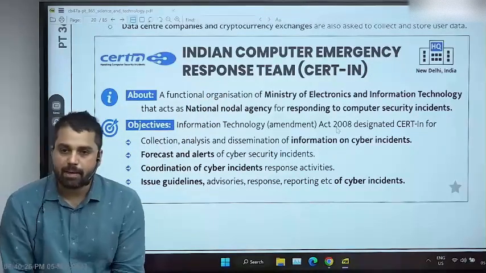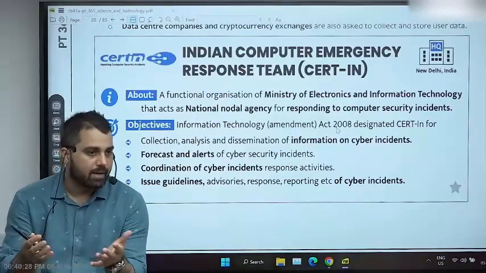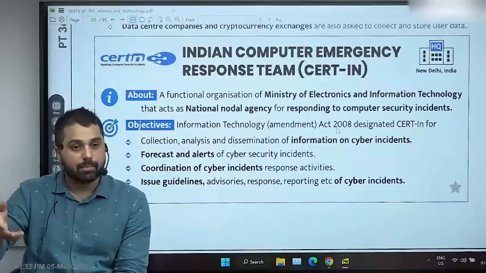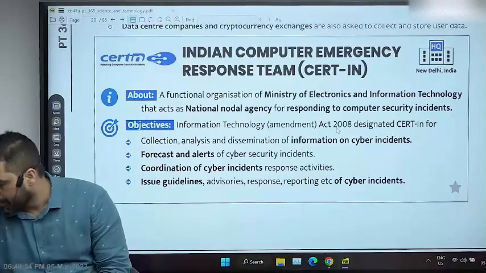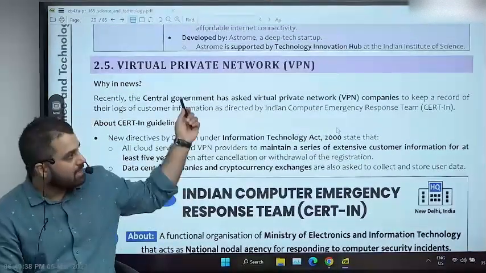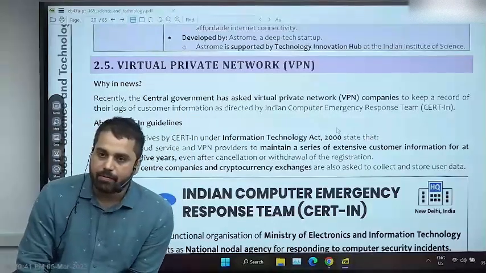Now they have proper capability to tackle such situations. जैसे अभी थोड़े दिन पहले जो एम्स वाला जो हैकिंग हुआ था, so यहाँ पे CERT-IN played a very important role. So in any case, the topic is in news because CERT-IN has demanded that जितने भी जो VPN providers हैं,